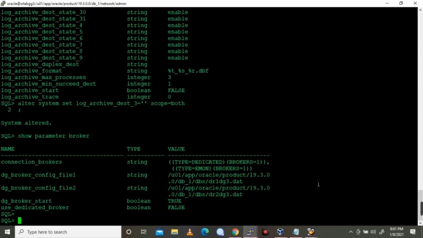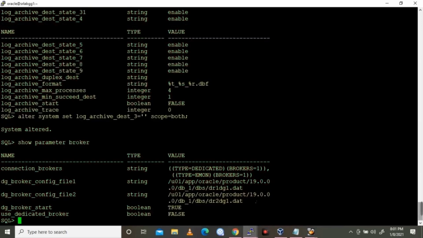I'm going to check whether the Data Guard broker is enabled or not on this second standby side. The primary side is already enabled because one primary and standby database is already running.